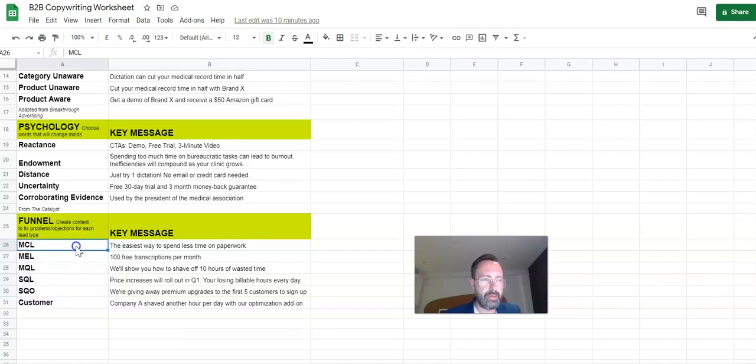But it's a good starting point. So marketing captured leads, these could be, for example, just cold leads that you purchased. The easiest way to spend less time on paperwork. Okay, we're teeing up the information about the main value of the category. Marketing engaged lead. So we're trying to entice people to actually start engaging with the emails we're sending or the